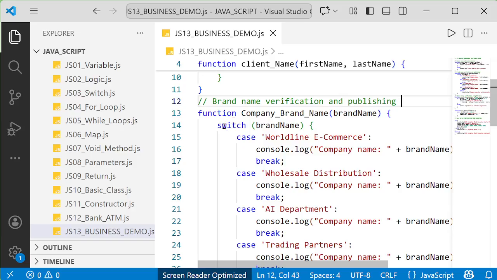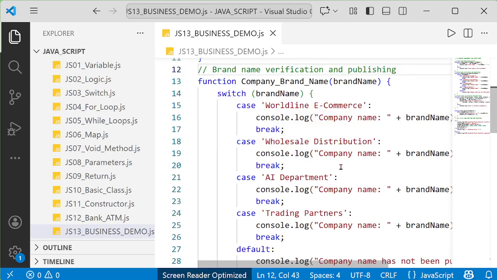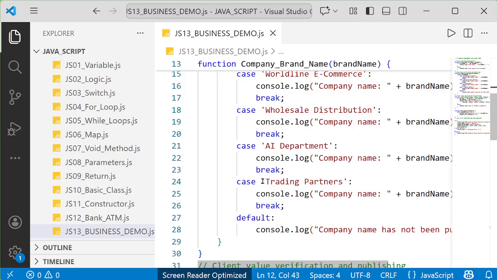I'm just showing it to demonstrate the abilities. We're going to be switching this brand name until the correct argument, this one, trade partners,